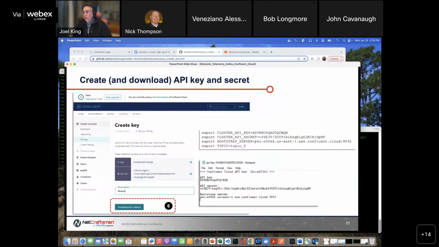You see an example here in Notepad where they'll give us an API key, an API secret, and then the Bootstrap server. So they'll give you a host name, and in this case, port 9092,